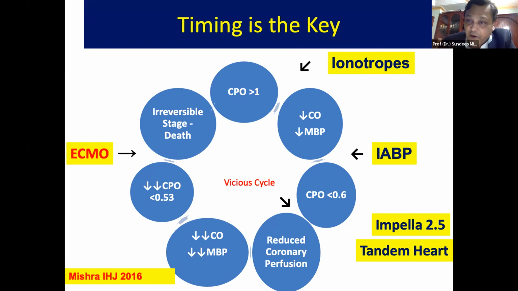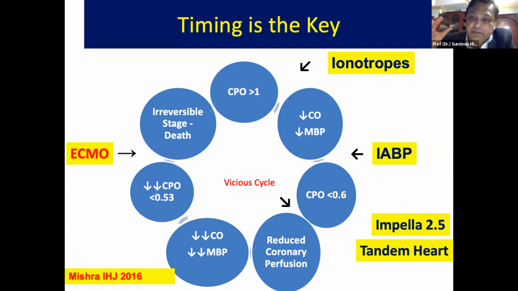If you put in Impella for a long time, and I think Dr. Tapesh will agree to that, what Impella does is that it causes LV unloading. It decreases the left ventricular end diastolic pressure, and therefore coronary perfusion increases, because coronary perfusion is coronary end diastolic pressure minus LV end diastolic pressure. Once you unload the left ventricle, coronary blood flow increases and that helps. Likewise, IABP also slightly improves the coronary perfusion, and therefore early on IABP also helps.